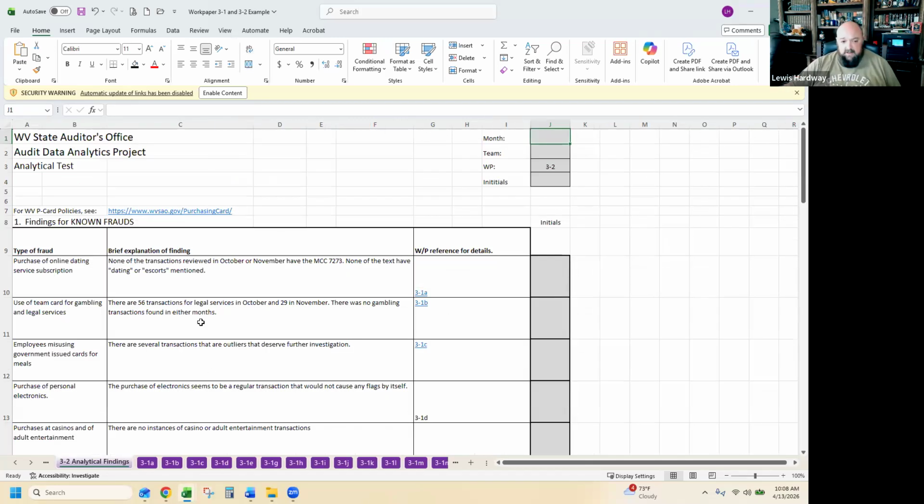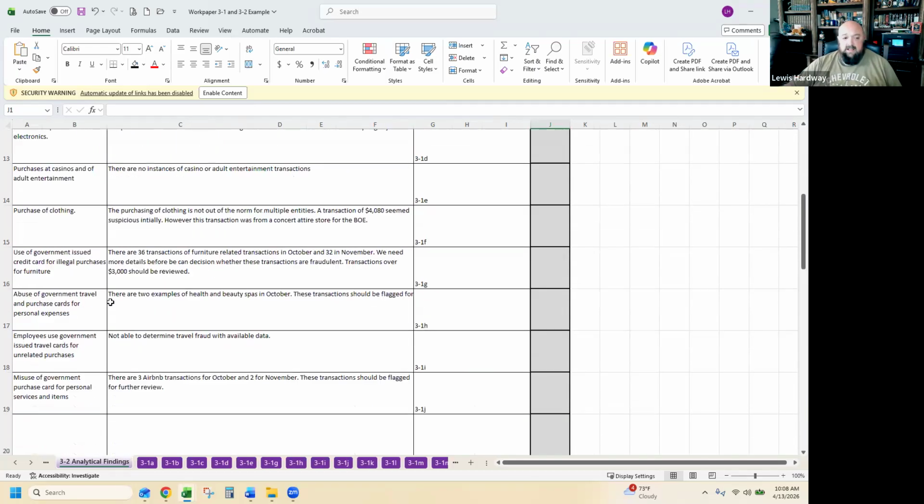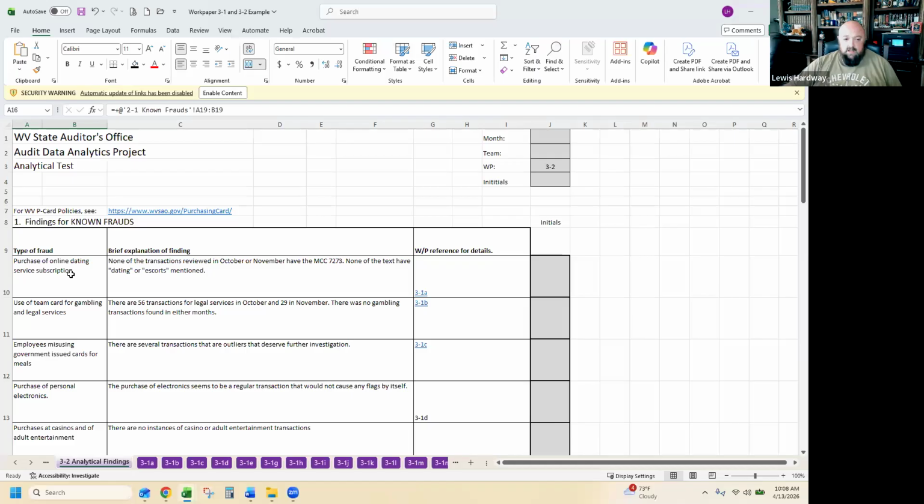So that's basically it. You're taking the things that you've come up with, and on this 3-2, you can see it's linked over also, pointing to each one of the tests that we're wanting to do, and then giving a brief explanation. The results are over here in the tabs. In the little box here, you're taking one to three sentences and saying, hey, this is what we found.